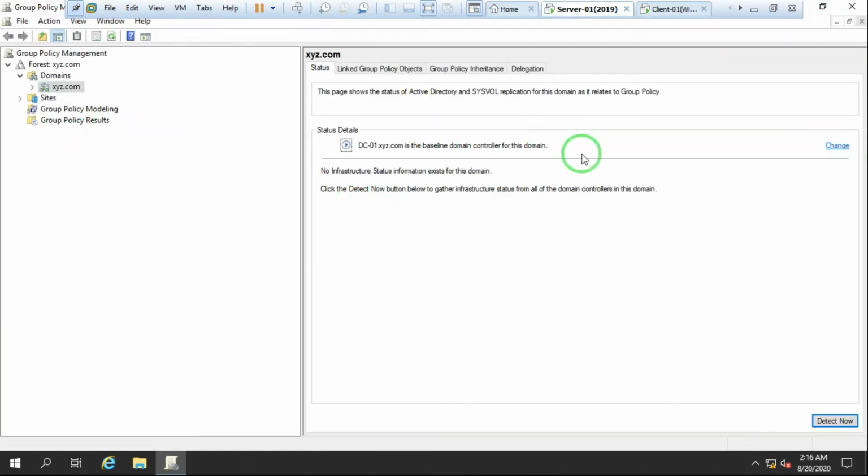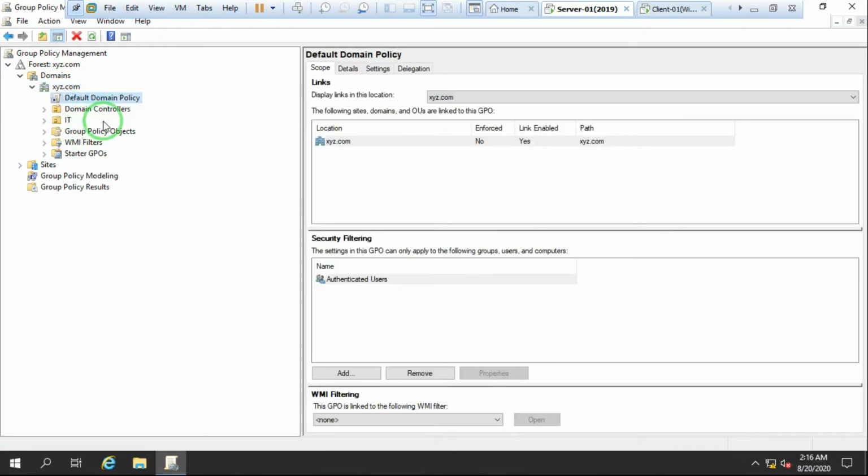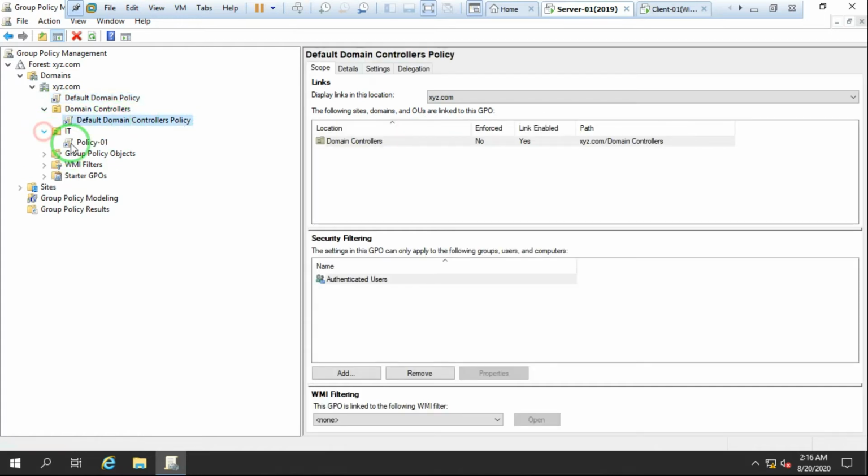Just expand this option. We have the policies: the default domain policy, which I already showed you in my last video, and the default domain controllers policy also. And we have one policy, policy one, which I applied to this particular OU, IT.